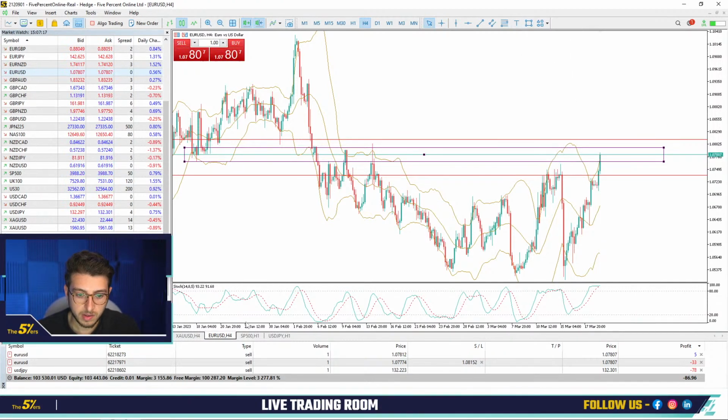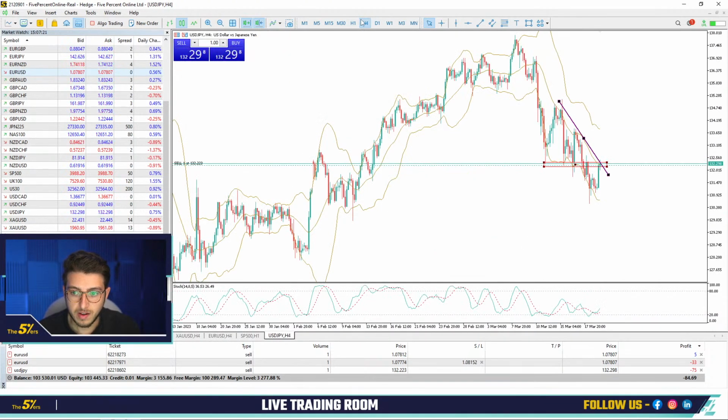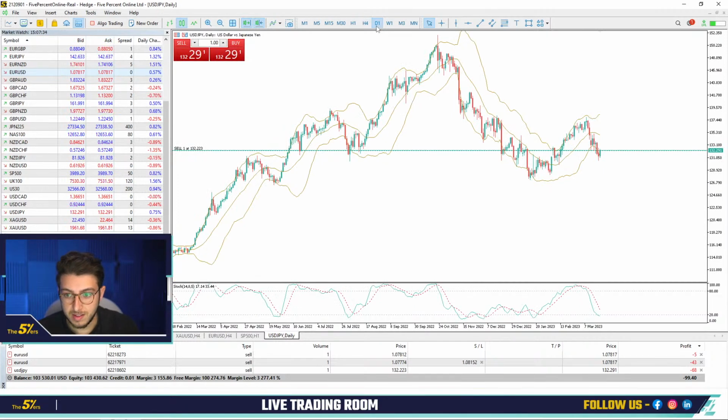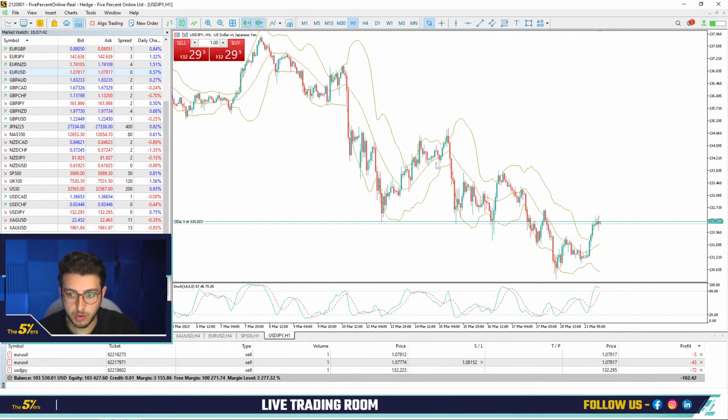in that symbol. Regarding the dollar yen, I also have quite the same setup. Here you will see, guys, that I'm following the trend. A lot of traders that come here time after time say, you go all the time against the trend and so on. But here, this is quite different. If I go to the H4 chart in the dollar yen, we are in a big downtrend. We can see it also on the H1. And what I found is that, again, we have a big key zone on the H1 chart.